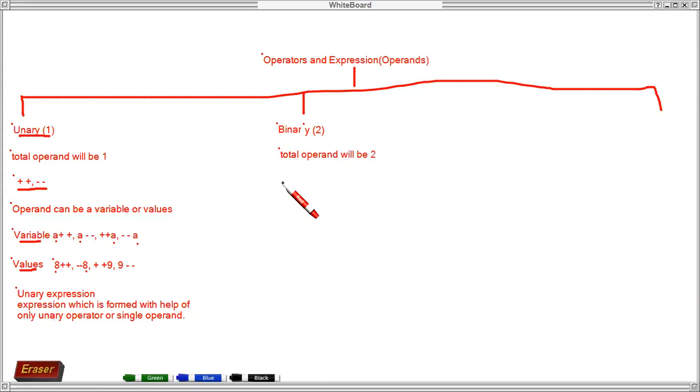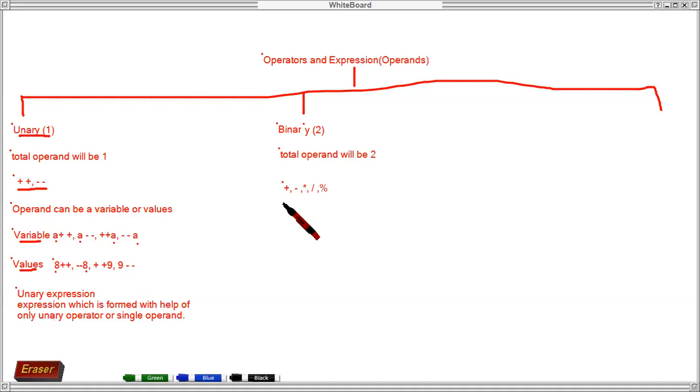So if I have to see the corresponding operators related to this, then we can write some examples like plus, minus, then multiplication, then you have division, you have modulus, and so on, different kinds of operators, because they need a minimum of 2 operands. Without 2 operands, these operators cannot be used. So that is why these are combinedly known as binary operators.